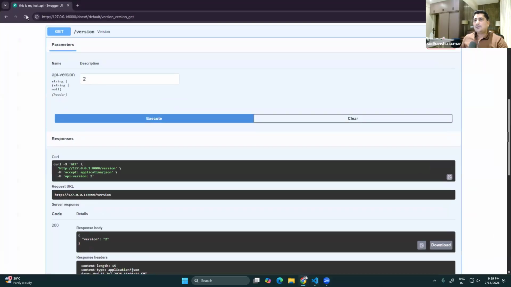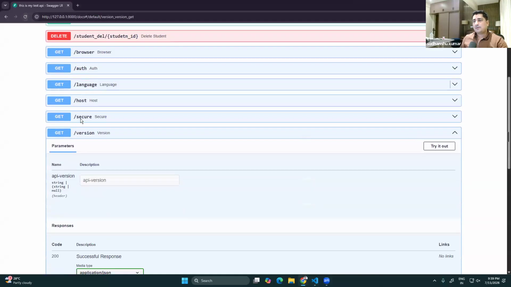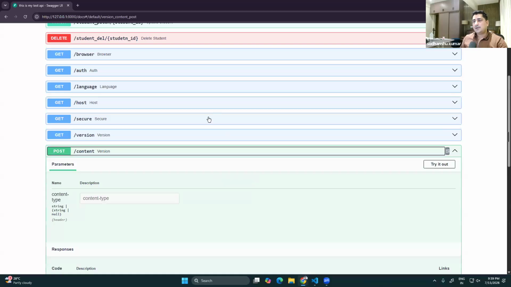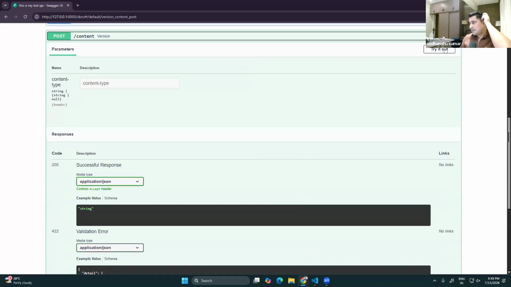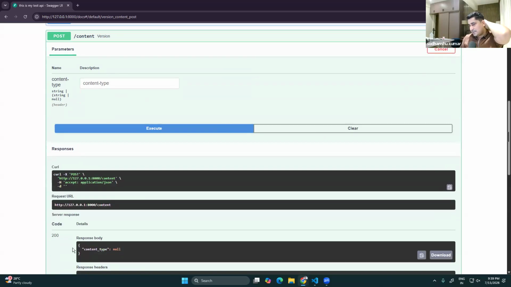Okay. So now let's execute it and try to test this API. Version content. Now, try it out. I'm going to execute this one in the first place. As of now, content type is equal to null. Let's suppose if I provide it generally, you will be able to see application slash JSON. So it will return content type is equal to application JSON,